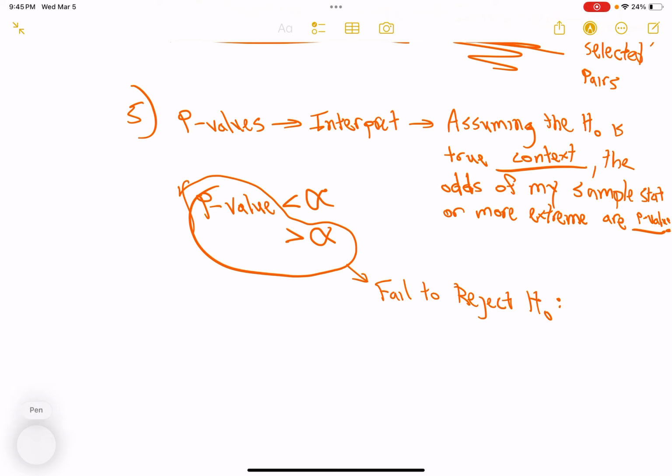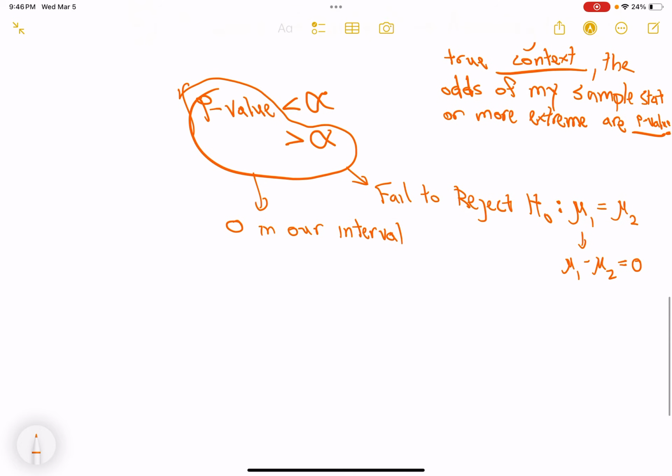We know that the null in a two-sample test is almost always going to be, and in fact in this class always will be, let's do means for example, that one mean is equal to the other mean. Also known as, I should say, one mean minus the other mean equals 0. So if we fail to reject that, we should expect 0 in our interval in this particular case. We should also expect about,